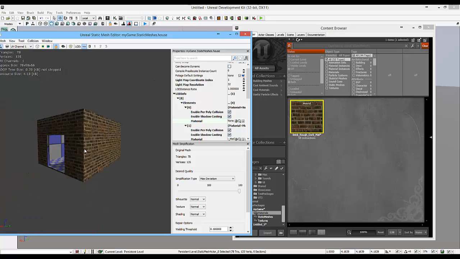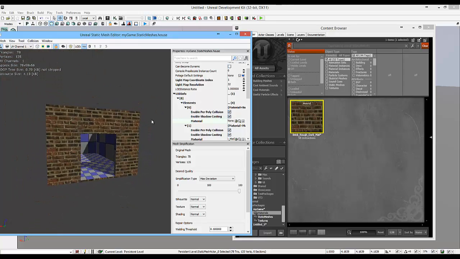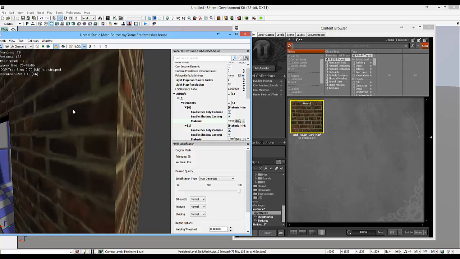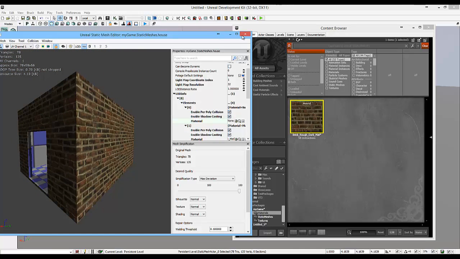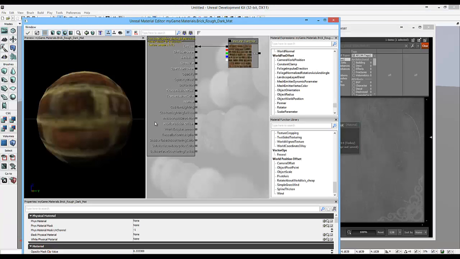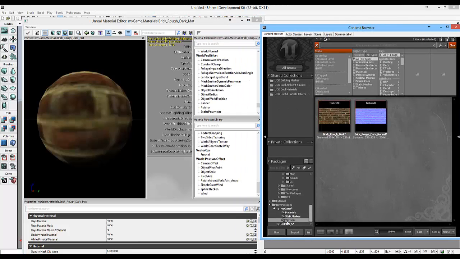Right, okay, so the problem with this is, as it stands, there we go, it looks a lot nicer than it did in SketchUp, but it still is very, very flat. So we need to go back and look at what we can do to this material. Well, you can see on this material we've got this node called normal, and what we need to do is to put the texture for normal in there. I'm just going to move this to the side, utilize my screen, go into textures, and this texture, I'm going to drag that onto there,